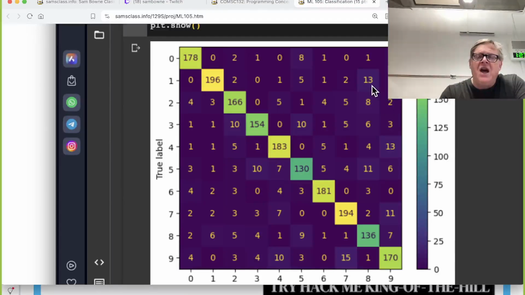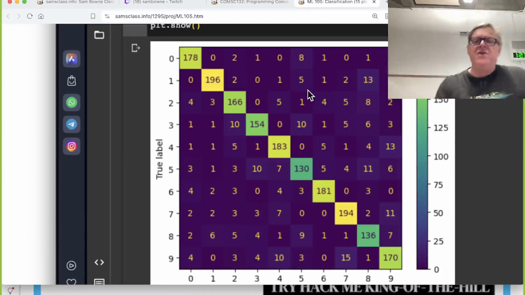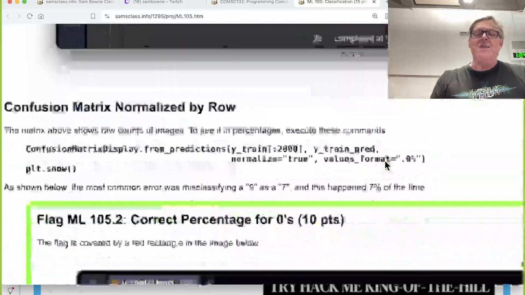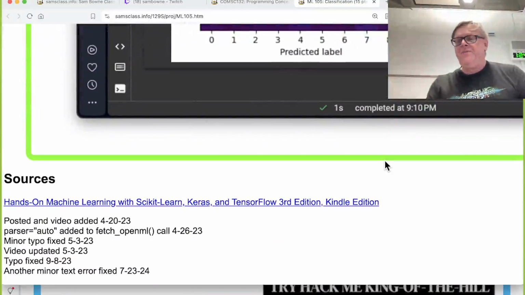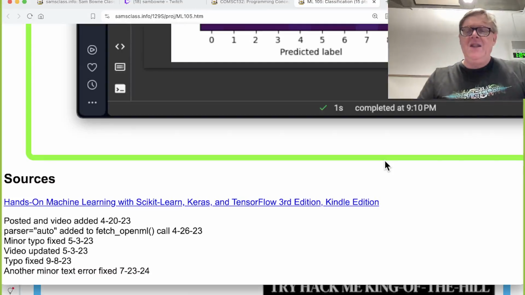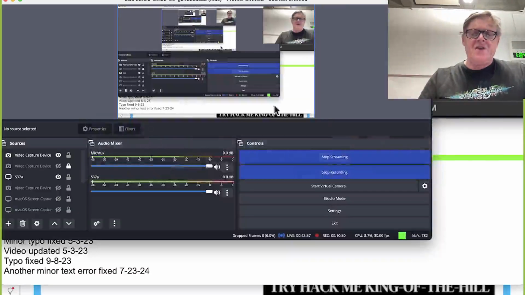Here's a 13. There's a high chance that something that's really a 1 will be interpreted as an 8. I wouldn't have guessed that. I would imagine it's because you're putting the thing on the bottom and the hook on the right. So you see, certain errors are more likely than others. And this is the, rather than just one number like precision, this is the way to really rate the quality of your model in more detail. And you can show a percentage or a raw number. So anyway, those are important considerations, again, in the nuts and bolts of how machine learning models actually work. So I'm going to stop this